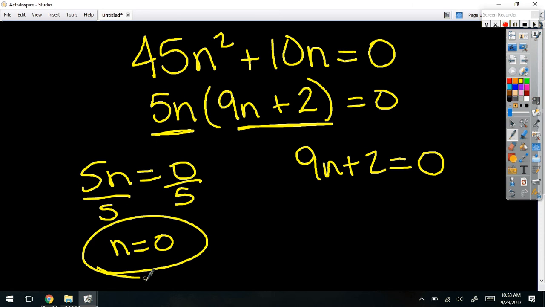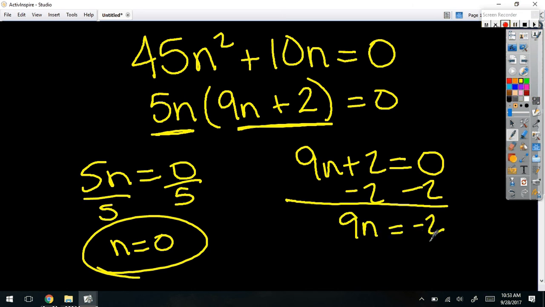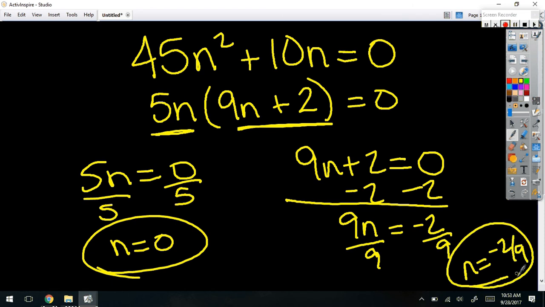How do you solve the other? Subtract 2. It'd be 9n equals negative 2, so n equals negative 2 divided by 9. You can't simplify it, because 2 can't go into 9 evenly. What are you talking about? He's solving the problem. So can I